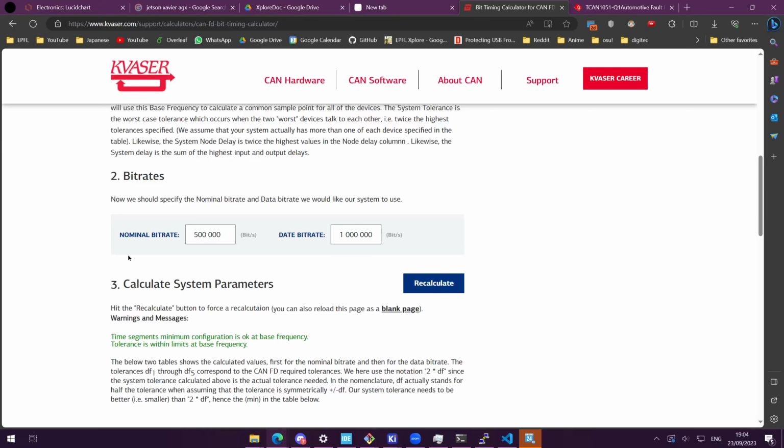For the bit rate, standard CAN only has the nominal bit rate, which is the bit rate at which it will send everything, like the header as well as the data. In the case of CAN FD, which is flexible data rate, we will have two different bit rates. The first bit rate is just the nominal bit rate, which includes the things that come before we send